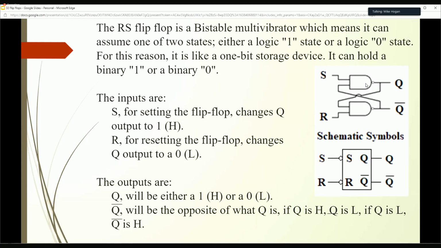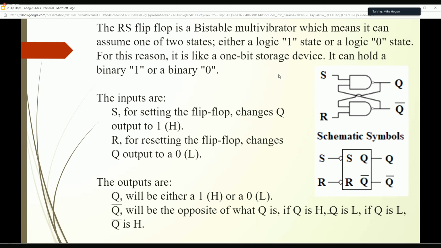And you can see the way they're wired up. I've got an input on the top NAND gate, and an input on the lower NAND gate. And then I've actually got an input that's connected to the output of both of those NAND gates. One's connected to the output of the top, the other's connected to the output at the bottom. And we're going to see what would happen with this RS flip-flop. This is an RS flip-flop, and it says it's a